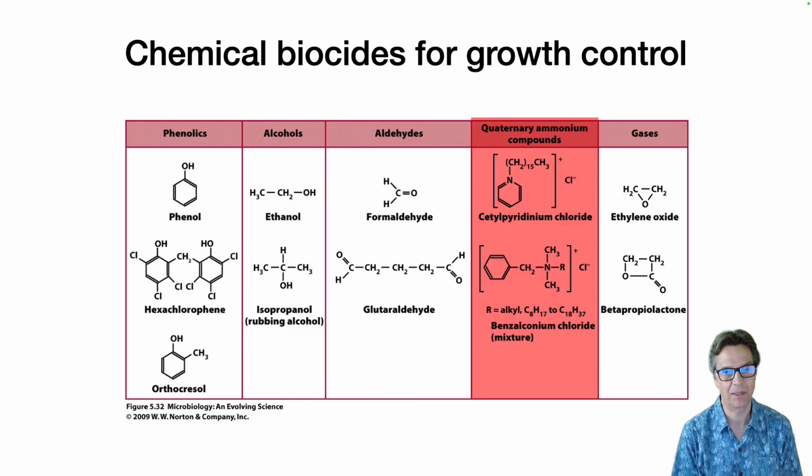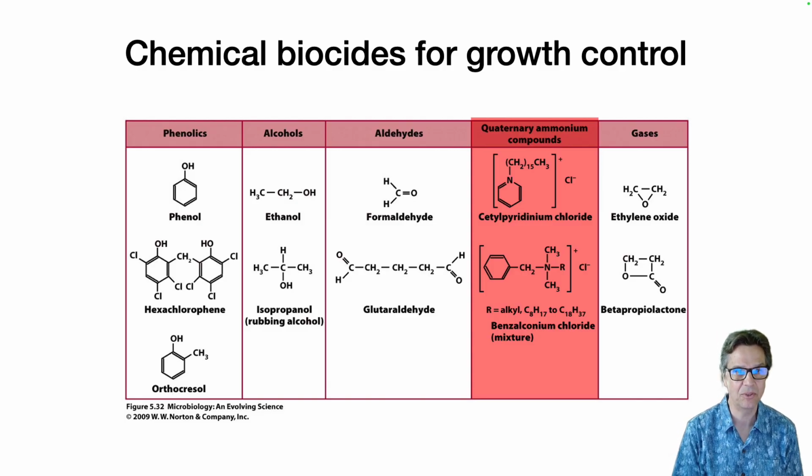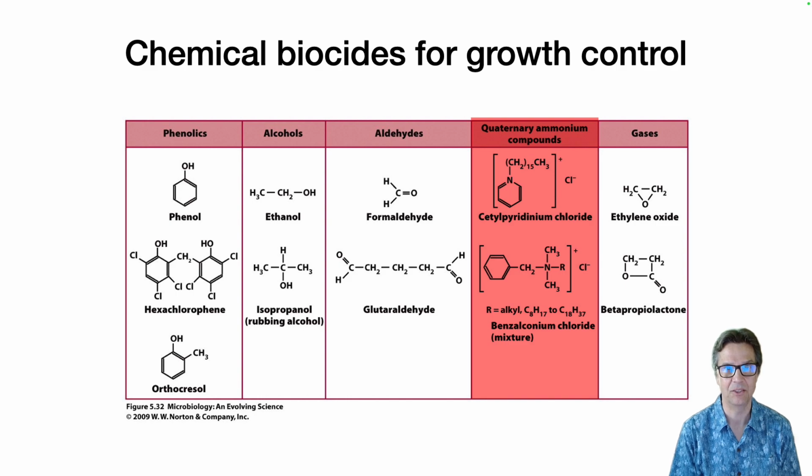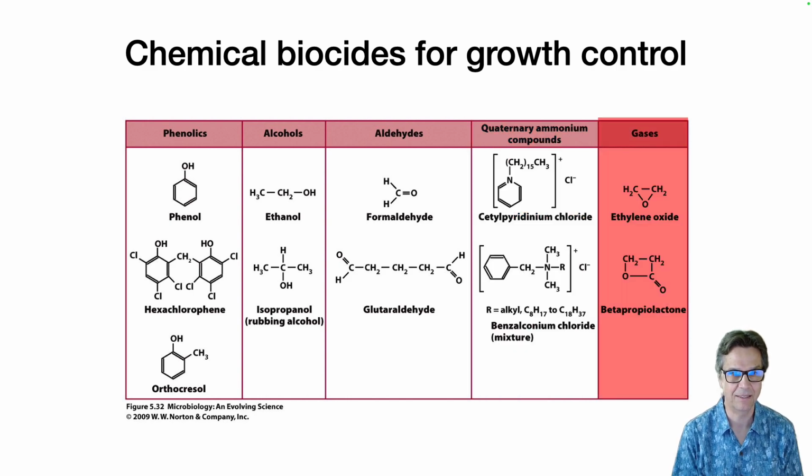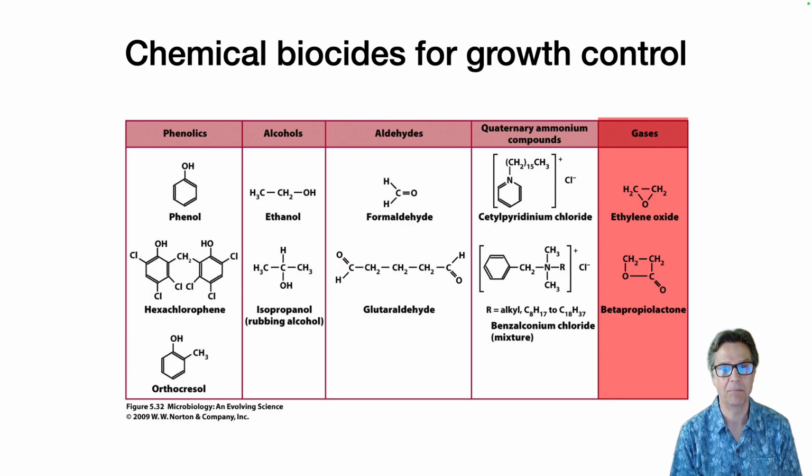Quaternary ammonia compounds are often found in disinfectants. If you take a laboratory course or work in a laboratory, you're probably using a quaternary ammonia compound to disinfect the lab bench before you work. Finally, gases such as ethylene oxide and beta-propiolactone can be used to treat various